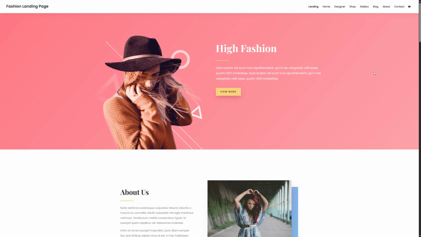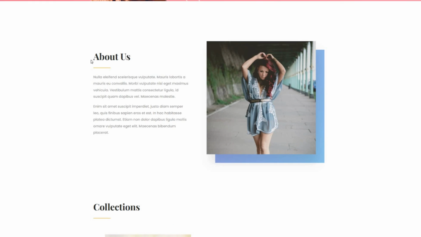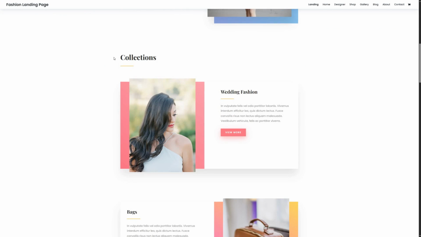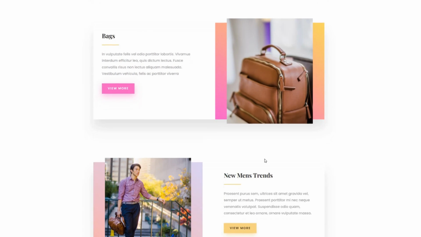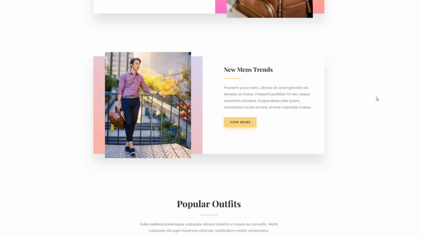fashion enthusiasts. Next, the About Us section. Here, you can share your brand story and mission, fostering a connection with your audience through compelling narratives. Followed by the Collection section. Display your diverse array of fashion lines, making it easy for visitors to explore and fall in love with your